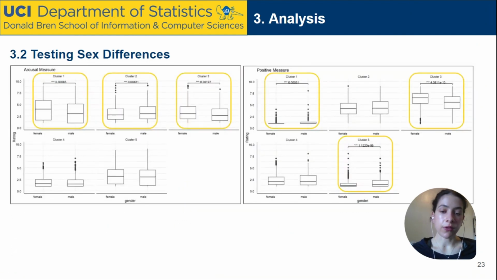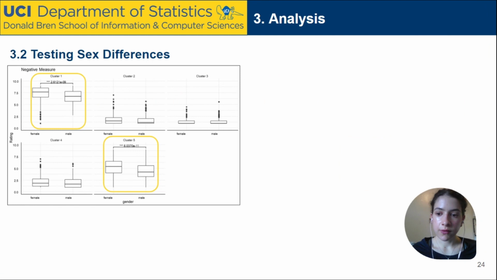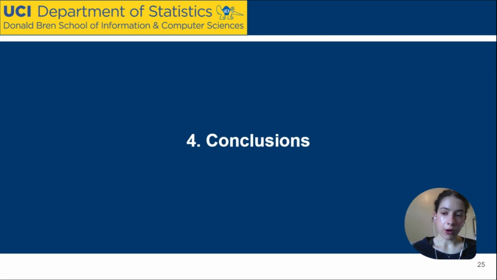And again, we can display the plots across the measures within the clusters here in the box plots. None of the neutral categorical cluster groups actually had any significant differences, which was somewhat interesting to our collaborator. And again, you can see positives. So next we can move on to our conclusion.